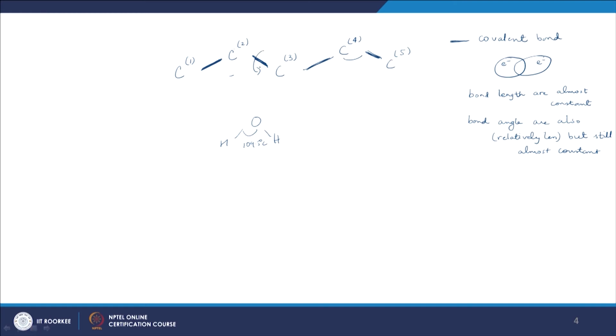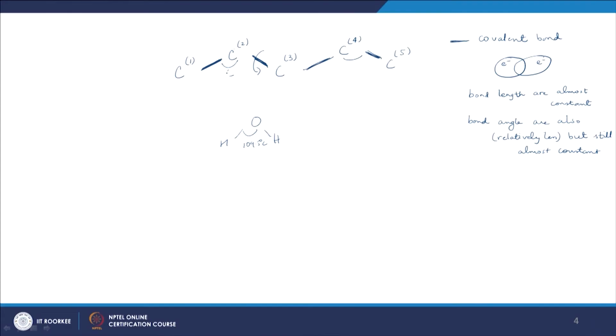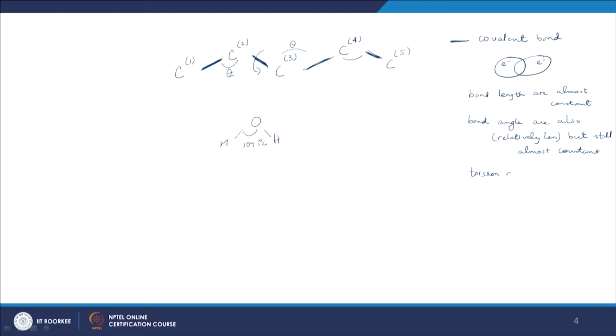Okay. So, I can apply some kind of a torsion where the angles between all the three adjacent carbons in the system will not change, the bond lengths will not change, but we can rotate around the middle carbon, right, and this is what we refer to as a torsion. So, the torsion also will have a certain angle,